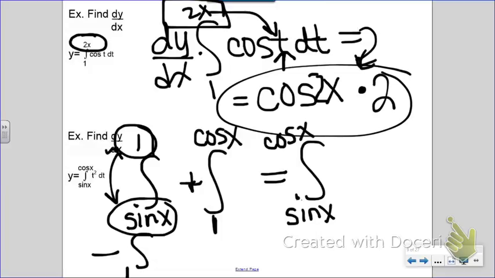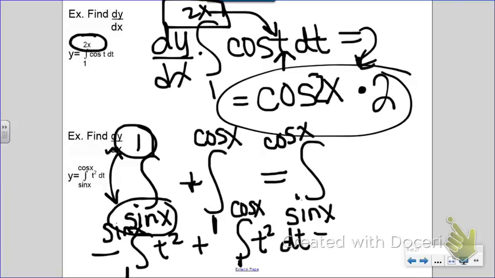There's another rule: negative integral from 1 to sine of x of t squared dt, plus the integral from 1 to cosine of x of t squared dt. So how are we going to solve this? We're going to plug in place of t, sine of x. So remember the negative. So negative sine of x